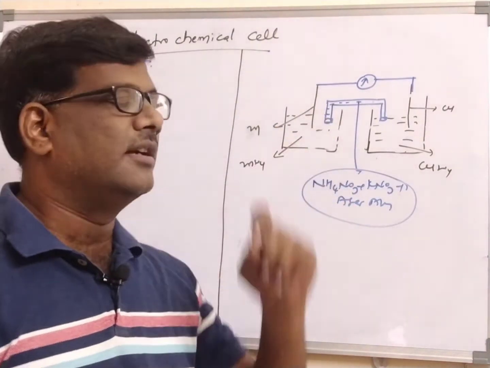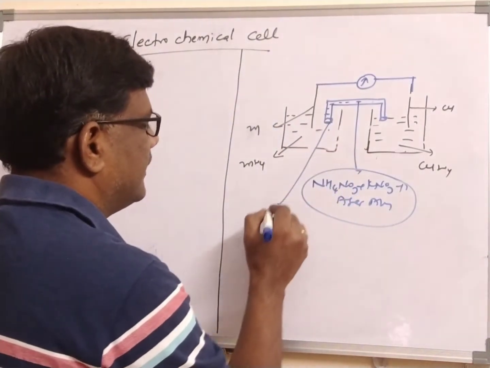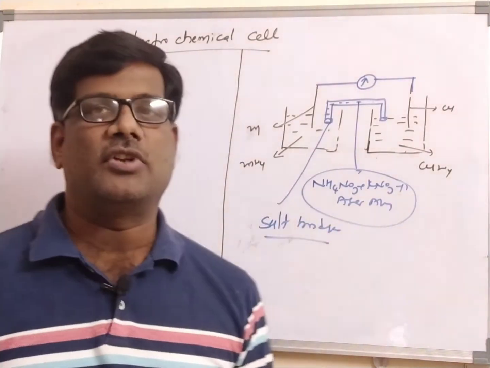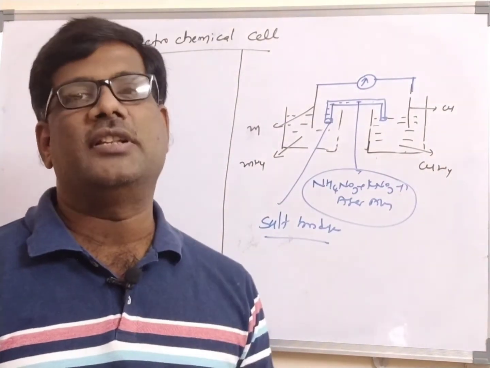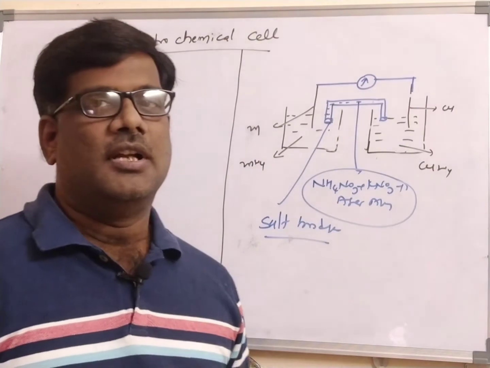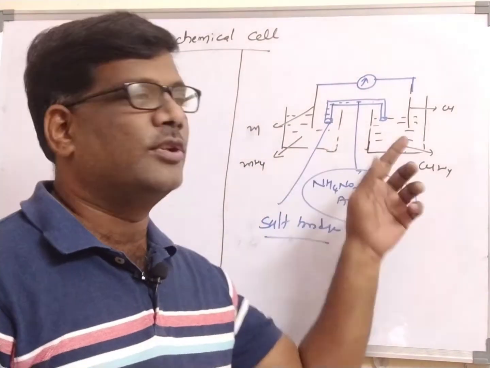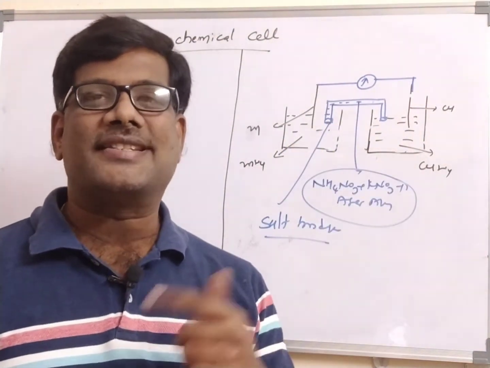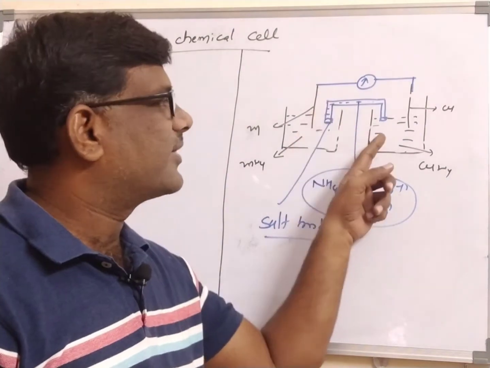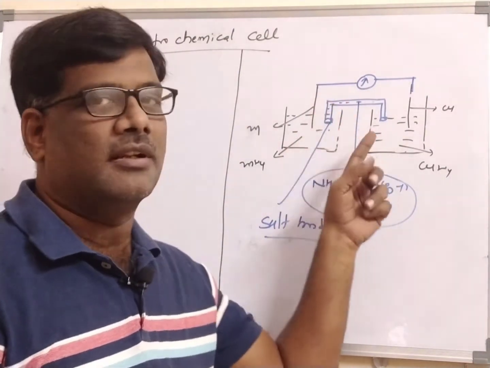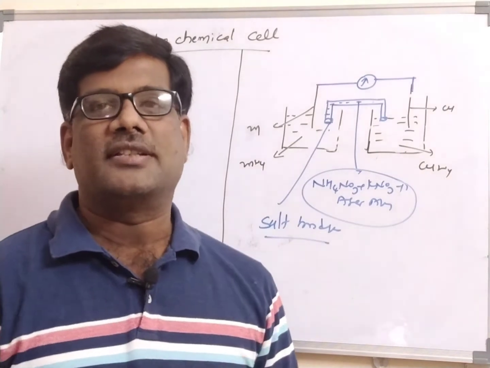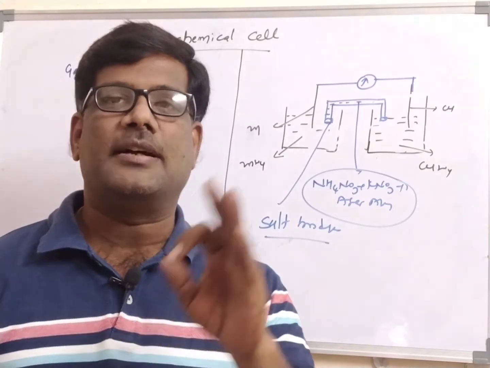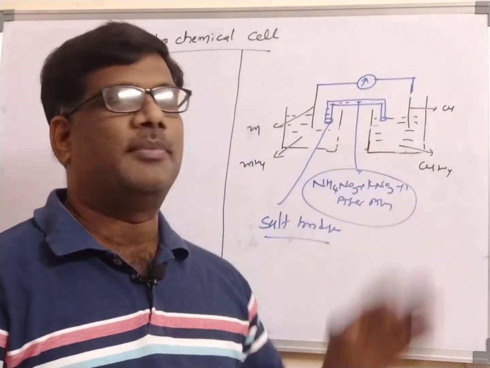And what is the use of this salt bridge? It is also called the salt bridge. It can be asked as a two marks question: what is the use of the salt bridge, or the U-shaped glass tube? The salt bridge prevents the mixing of the solutions. The solution does not move from one cell to another cell, but it allows the passage of the ions. The ions may move from one cell to the other, copper ions come here, sulfate ions come here, but the two solutions cannot mix with each other. That is the use of the salt bridge: it prevents the mixing of the solutions but allows the passage of the ions.